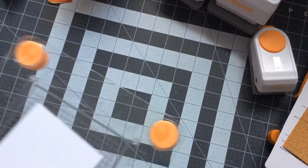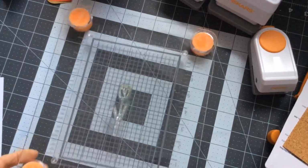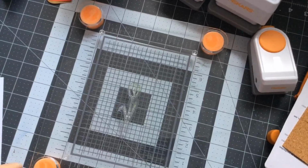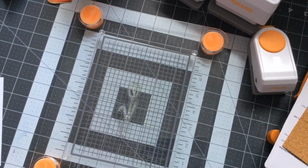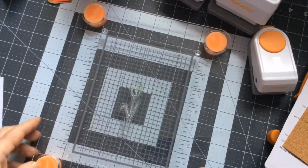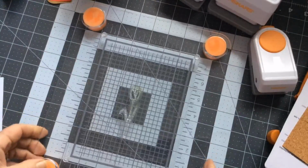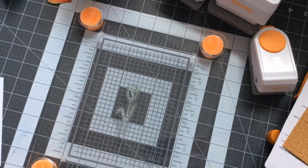And last but not least, something I'm really delighted about is that Fiskars have introduced the large stamping press into the UK. I've had the small one, which I bought in America, for years and years. Absolutely love it. It makes for accurate and clear stamping. You can see that it's large, so it'll take the largest of your background stamps, and it's clear, so you can work on a mat and